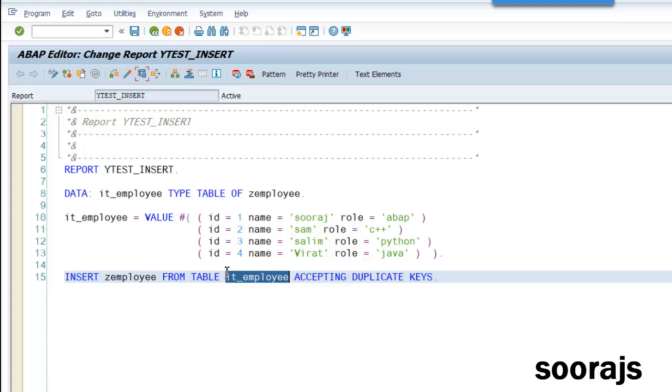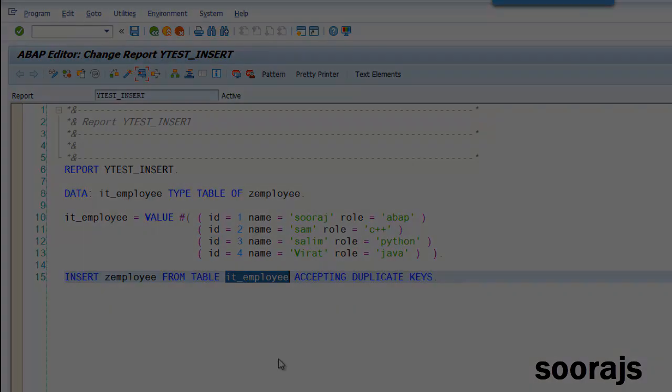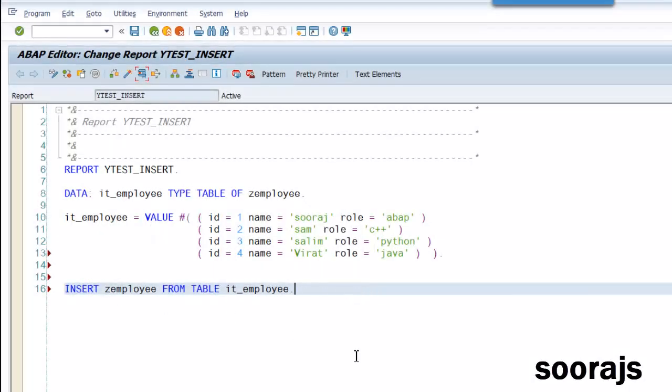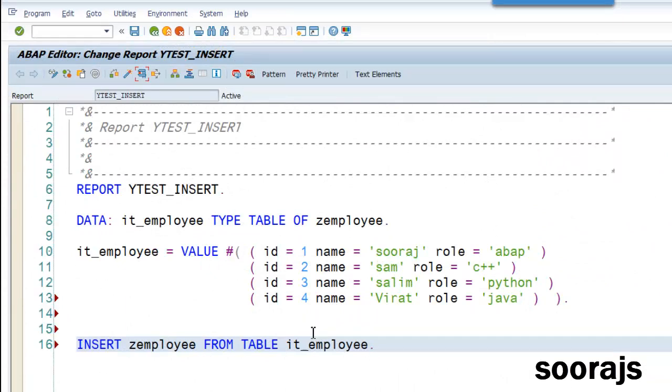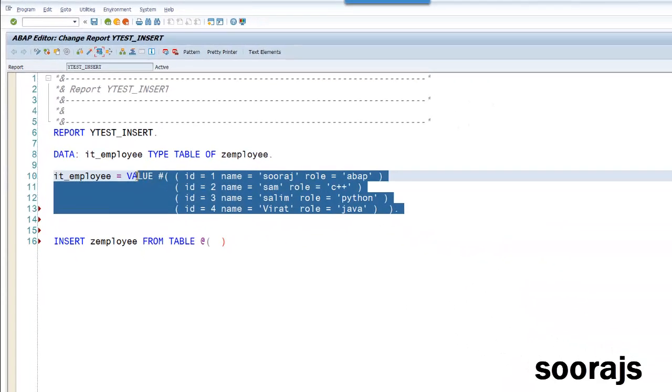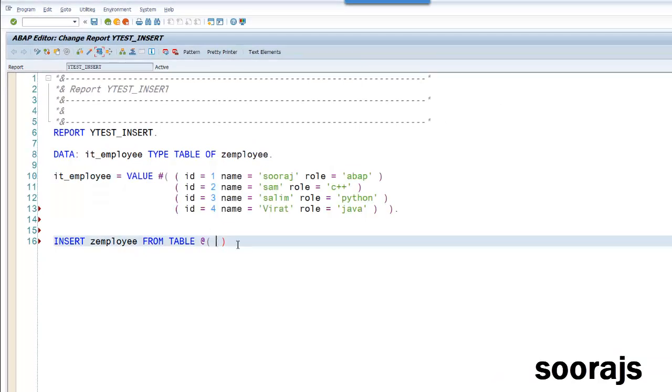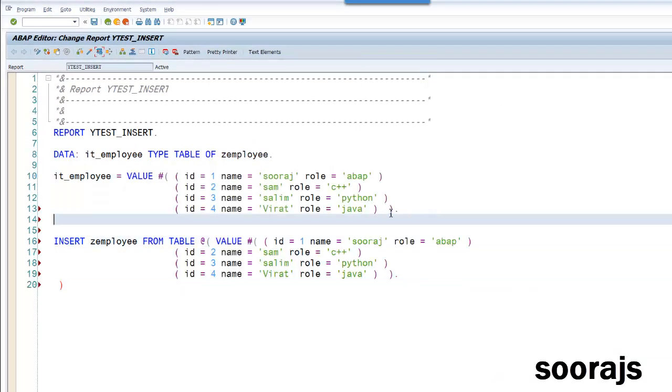All right, so this is about providing data from an internal table into a database table. Here a host expression can also be used. That is using @ and brackets, and inside this we can provide the actual values.